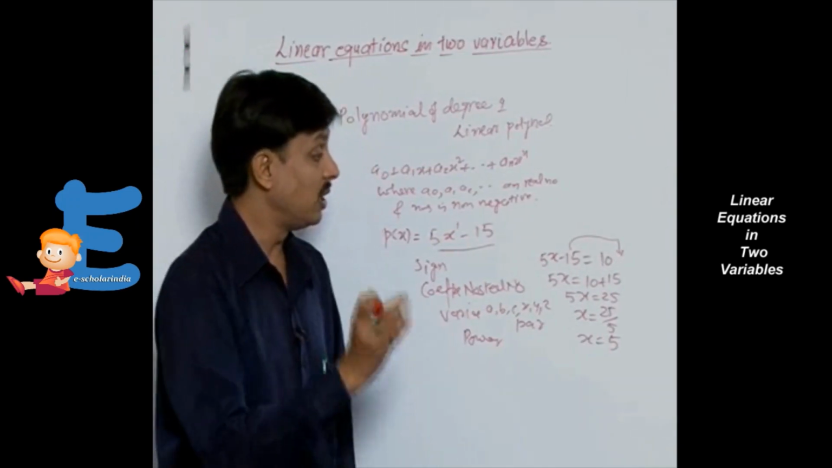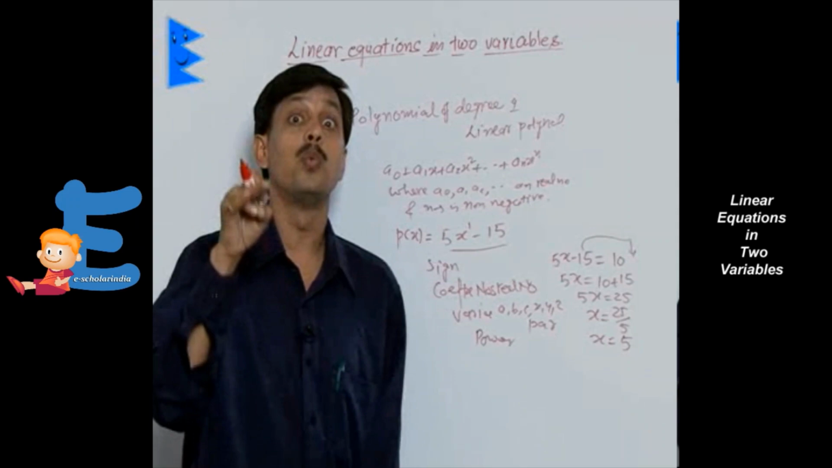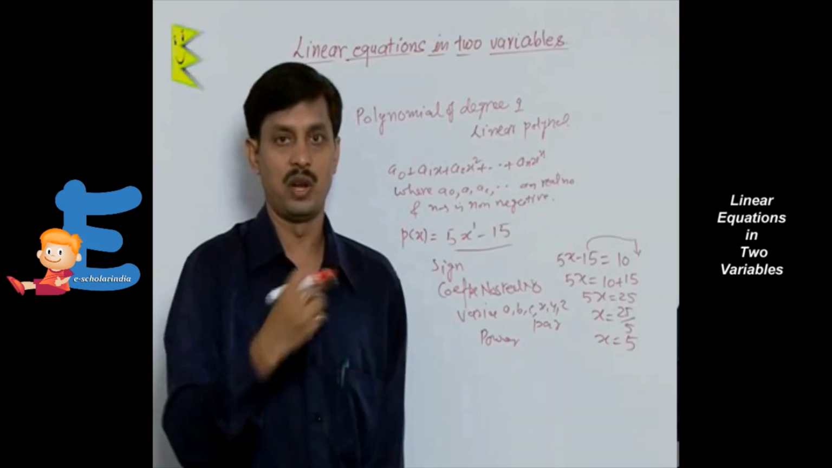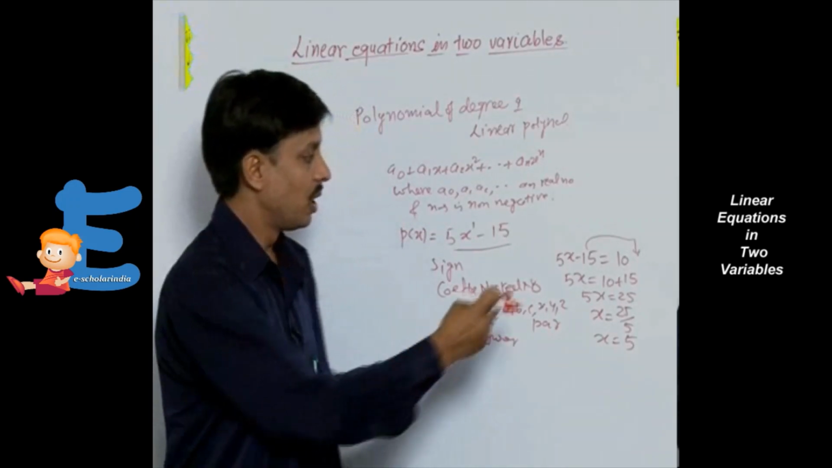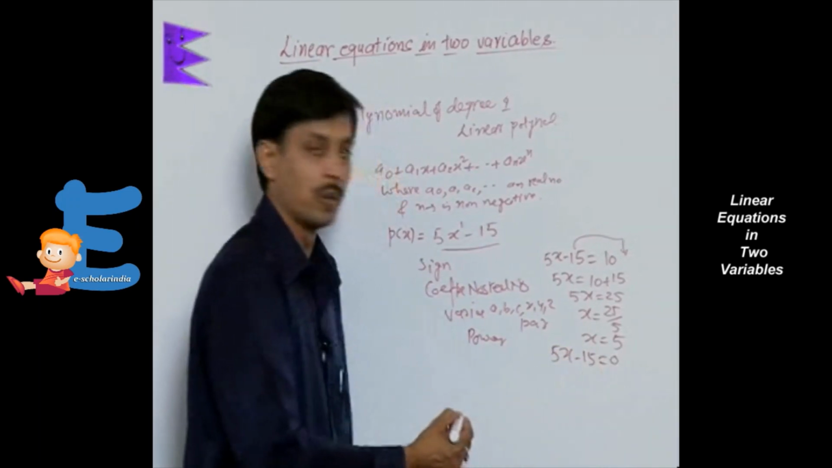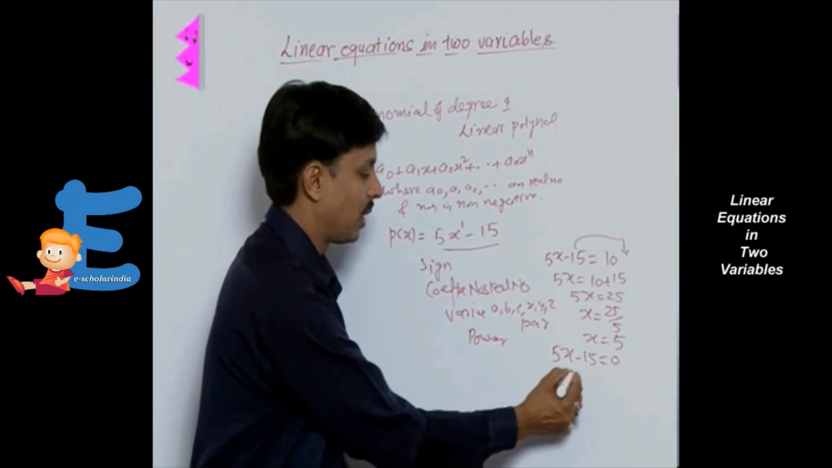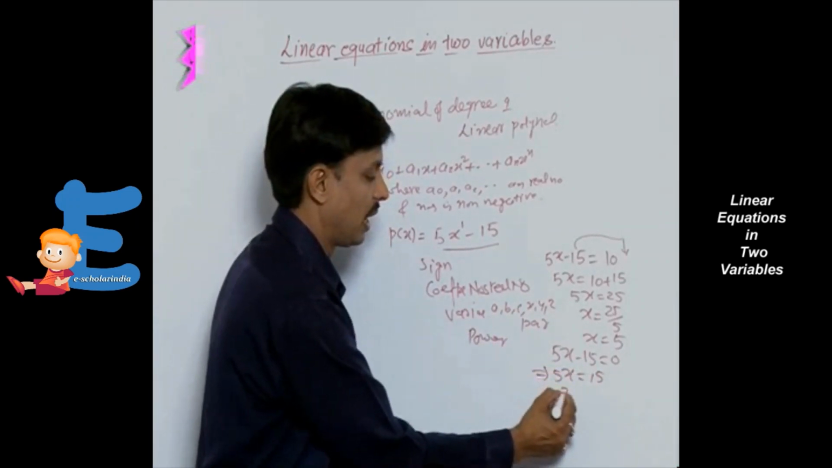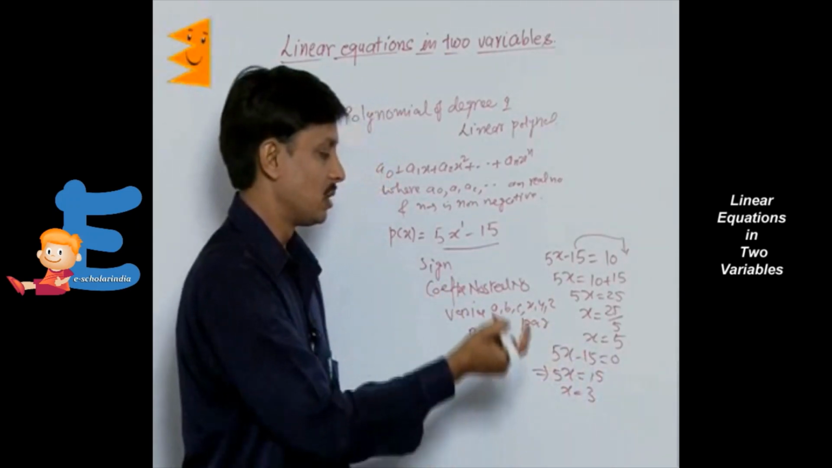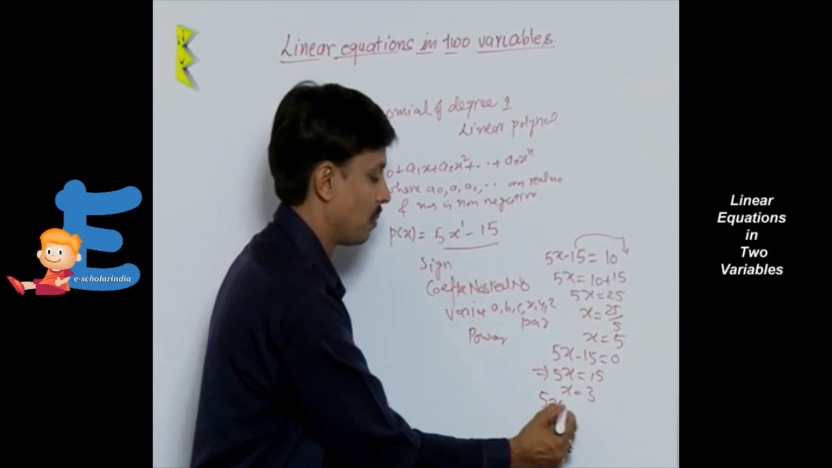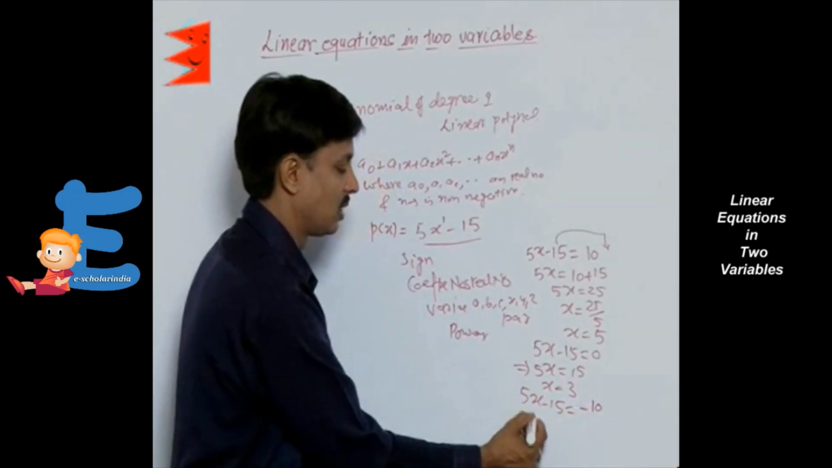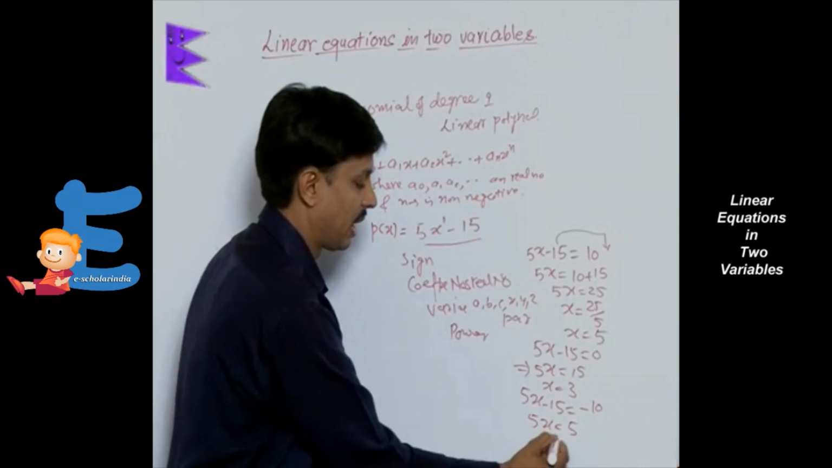So what is a linear equation? A linear equation in one variable is when any linear polynomial in one variable is equated to some value. You can equate it to 0 also. Suppose you equate 5x minus 15 is equal to 0. Then 5x is equal to 15 and x is equal to 3. So the value changes with the equality. You can equate 5x minus 15 to, suppose, minus 10. Then 5x is 5 and x is